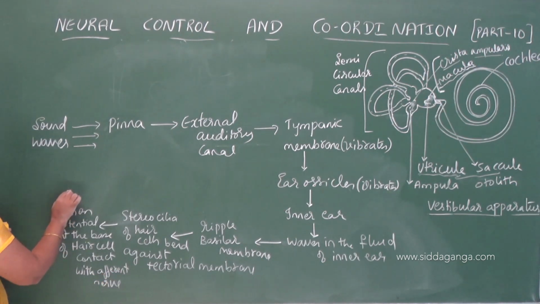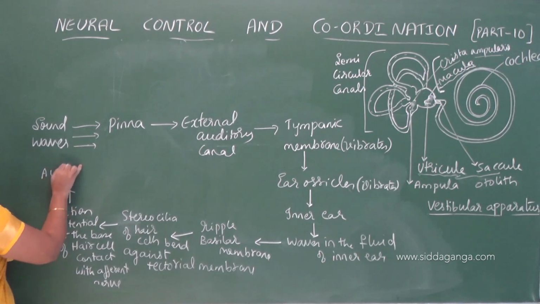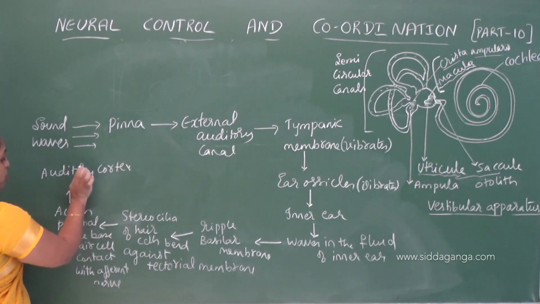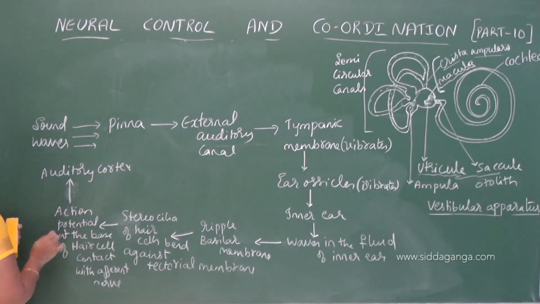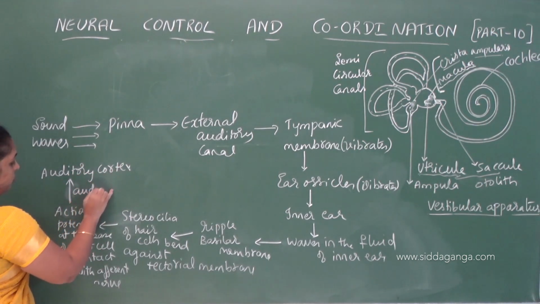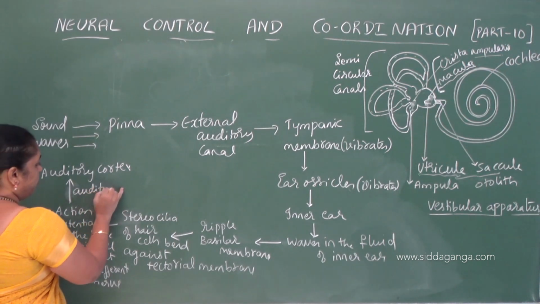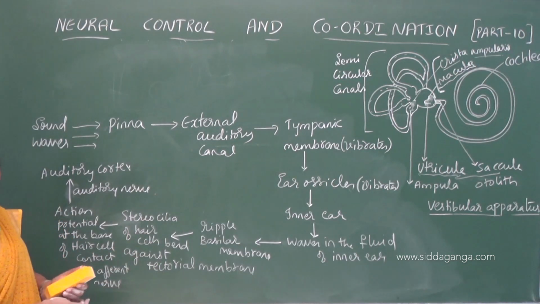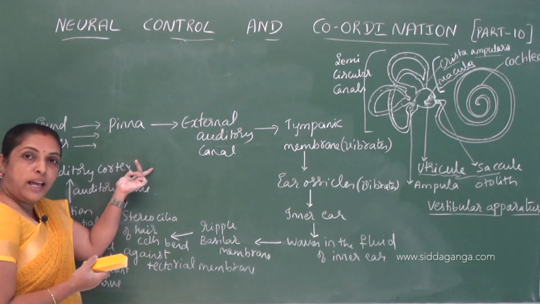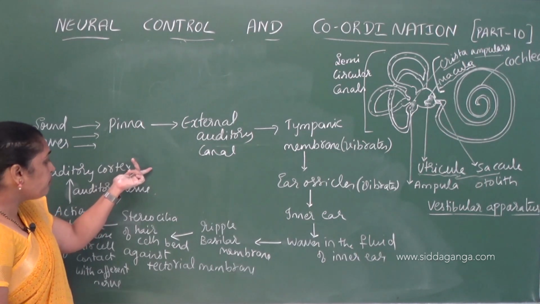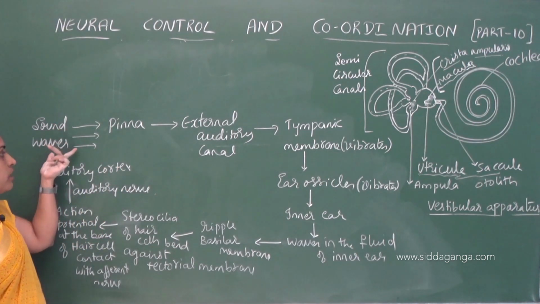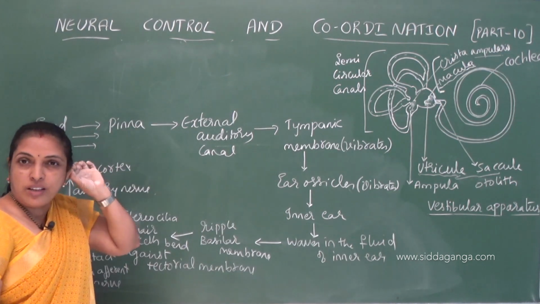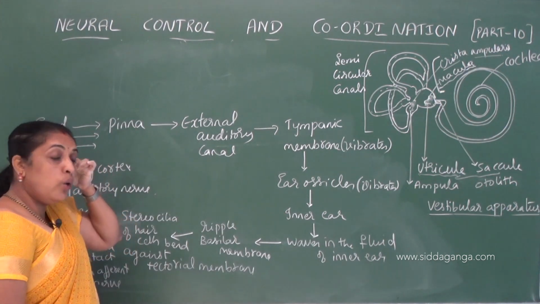And from there it reaches the auditory cortex through the auditory nerve, where the impulse is analyzed and sound is going to be heard. Understood? When sound waves reach the ear, the pinna, which is vestigial, doesn't have any functional use,